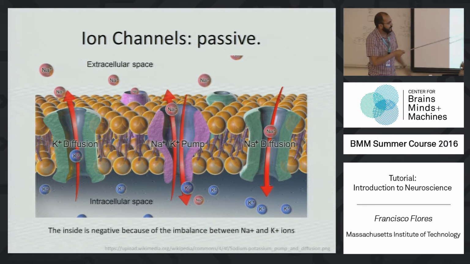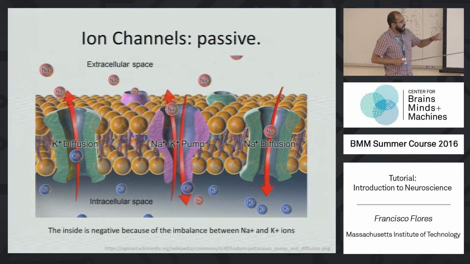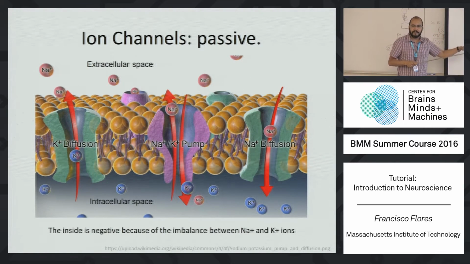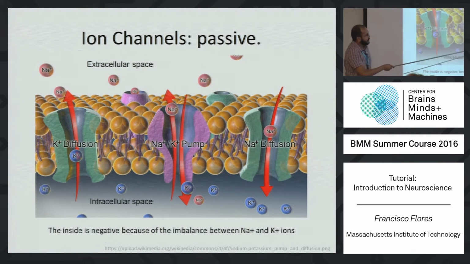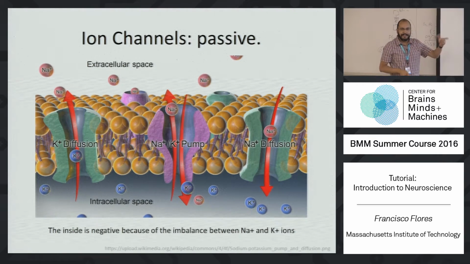And in reality, what the neuron has are these proteins that are called ion channels. Some ion channels are passive, and basically these are pores in the neuron that are always open. The model that I just showed had movement of negative ions and positive ions. Now in reality, in the neurons, the negative ions are not moving. But potassium ions are typically going outside, sodium ions are typically coming inside, and the pump, which is called the sodium-potassium pump, is the one that keeps the imbalance.